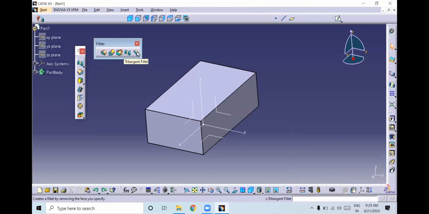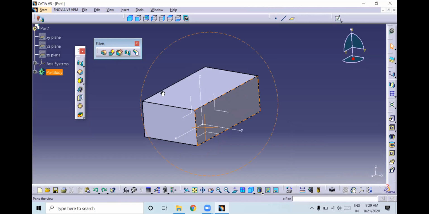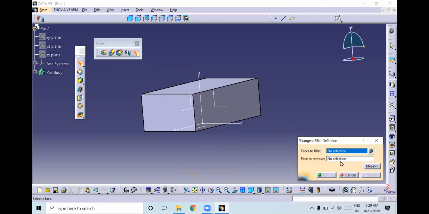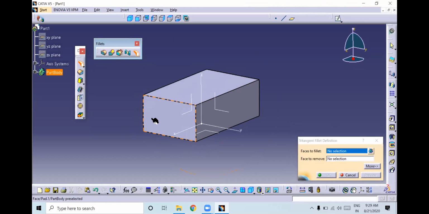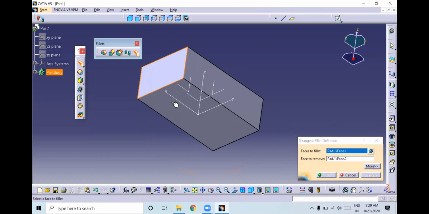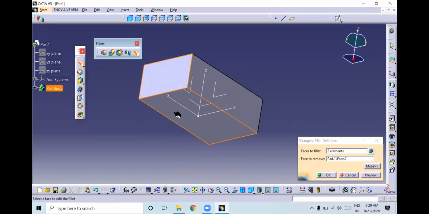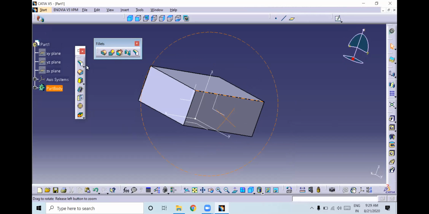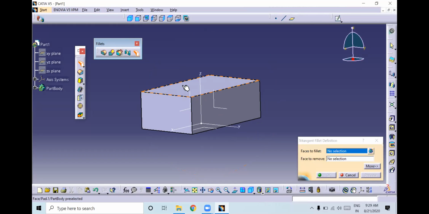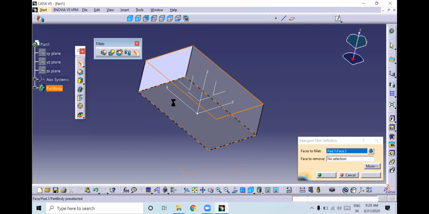So next we have the tritangent fillet. Suppose you want to create a fillet for the whole face of this. You select here the faces to fillet, which means two opposite faces.